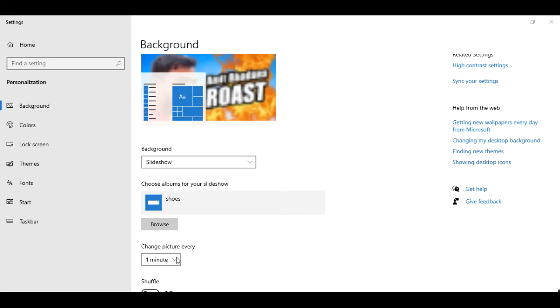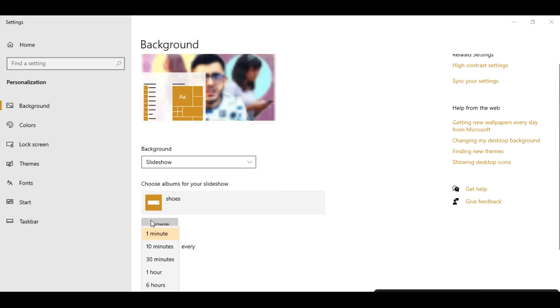Now here is the timing, already selected as 1 minute. So whatever images are inside the folder, all of them will be changed within a minute. You can select according to the timing you want. If you have more pictures, you can extend the time, and if you have fewer pictures, you can do that also.